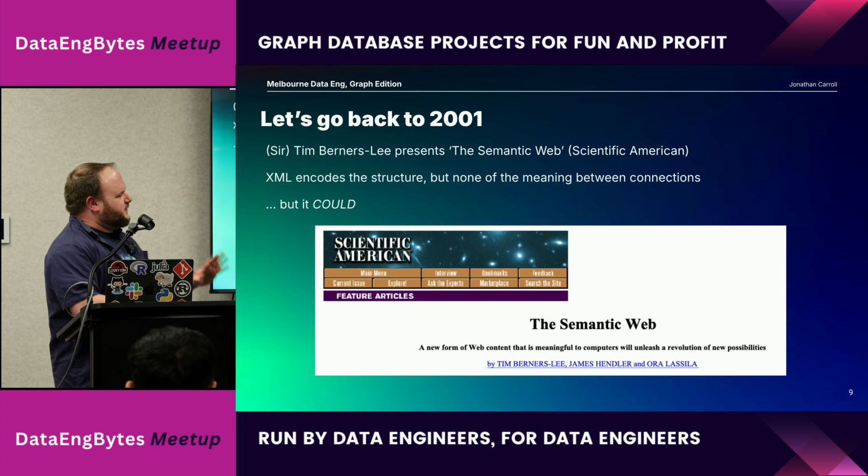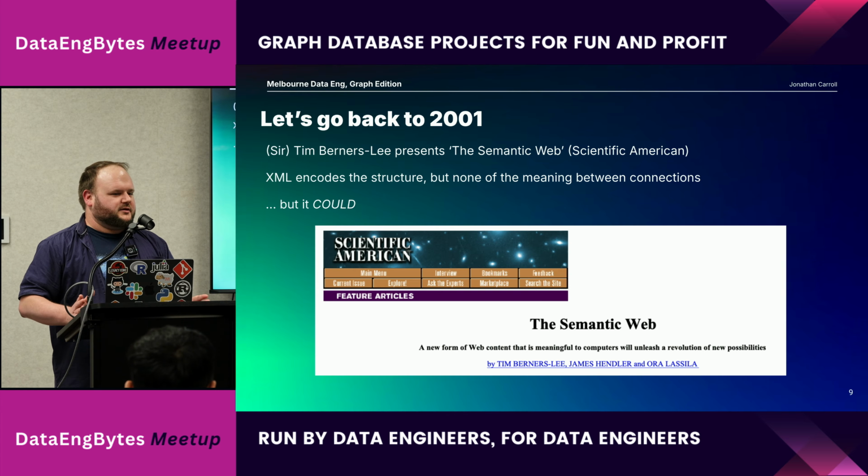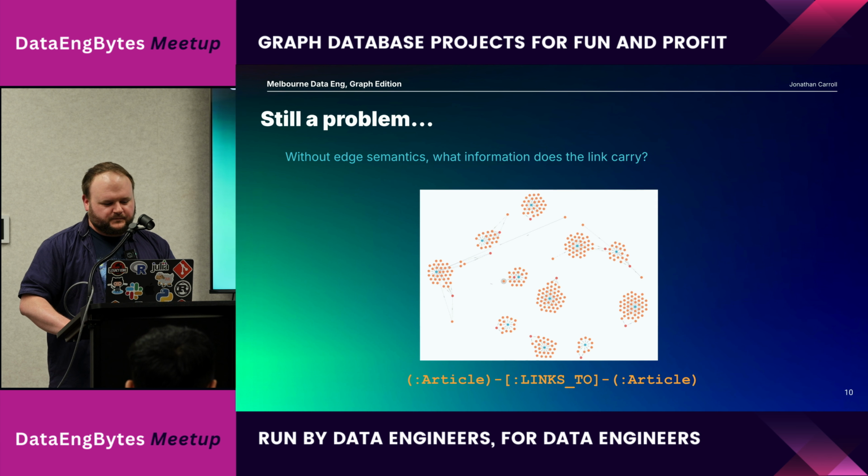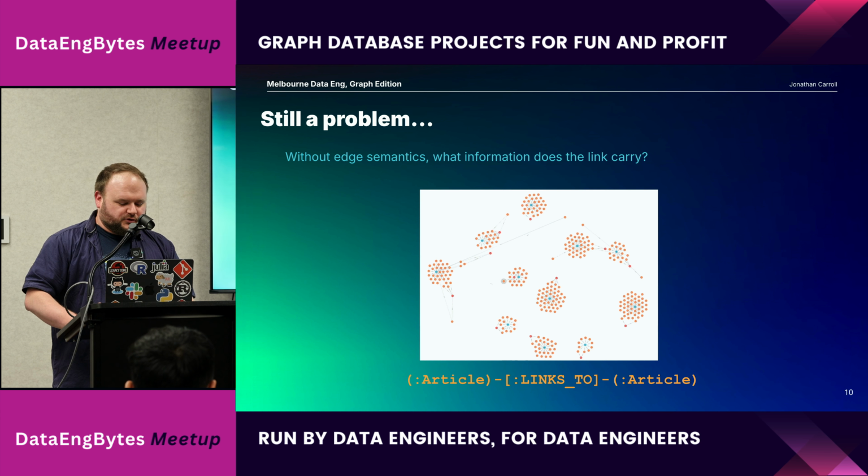The whole point of this first part of the talk is just that there is semantics between links, and there are a lot that you can do if you do think about semantics of links. Unfortunately, most people don't, so I still see Neo4j graphs that have just links to 1,000 times. And that's pretty much what you'd get from the Wikipedia graph.